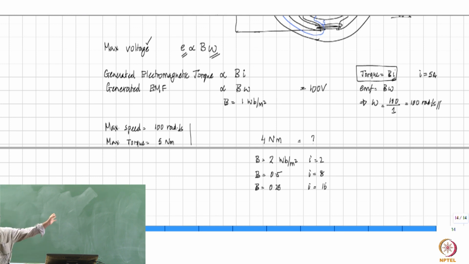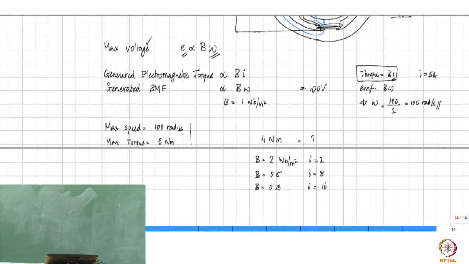In the first machine that we do, you have no option, right? There is simply no option. There is a given B. There is no way of adjusting it. You have to live with whatever B it generates and so much current you have to send. So, first case, this issue doesn't arise at all. This issue arises only in the second case where you have a facility to adjust the magnetic field, right? So, if you have a facility to adjust the magnetic field and you want to generate 4 Newton meter of electromagnetic torque, out of these three, which option will you choose?